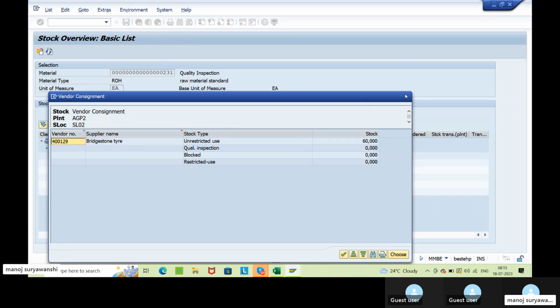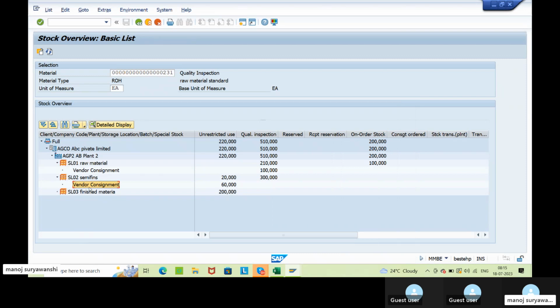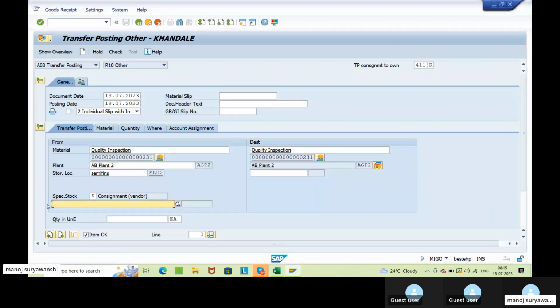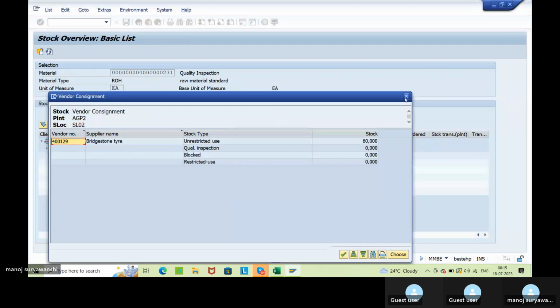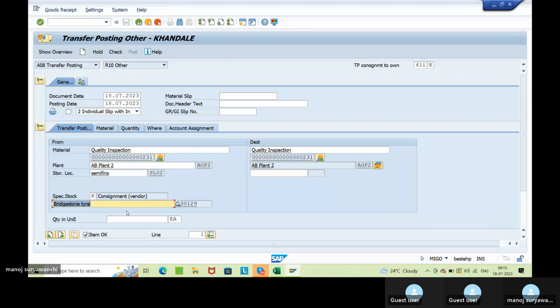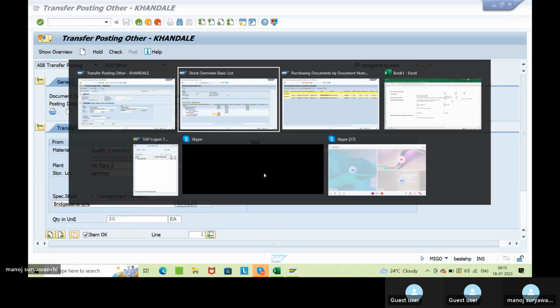400129। क्या किया मैंने, वेंडर कंसाइनमेंट को सिलेक्ट किया, डिटेल डिस्प्ले में गया, यहाँ पे मुझे उसका वेंडर नंबर मिला, मैंने उसको कॉपी किया, यहाँ पे मैंने वेंडर डाला, एंटर। How much quantity you want to move, out of 60 suppose I am moving 30 quantities, तो मैं यहाँ पे डालूंगा 30 क्वांटिटीज।